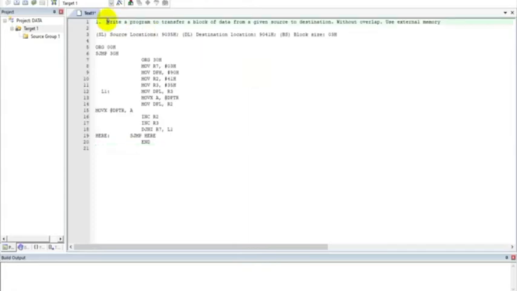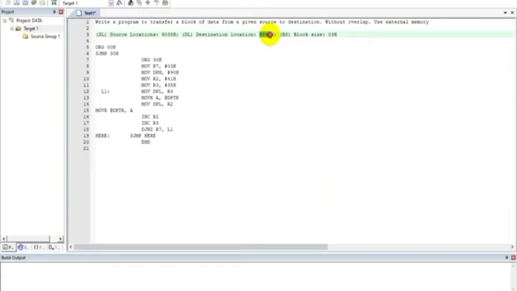The program here is basically to write a program to transfer a block of data from source to destination without overlap. I'm supposed to use external memory. Whenever I'm supposed to use an external memory, the address should be a 16-bit address. So 16-bit address I'm choosing randomly as 9035 and 9041.